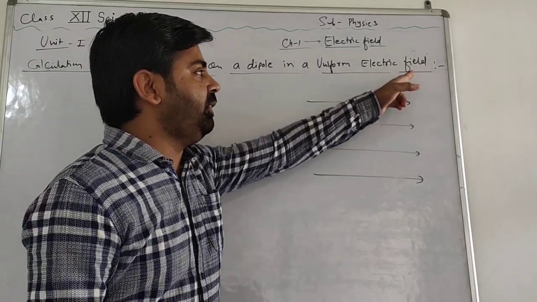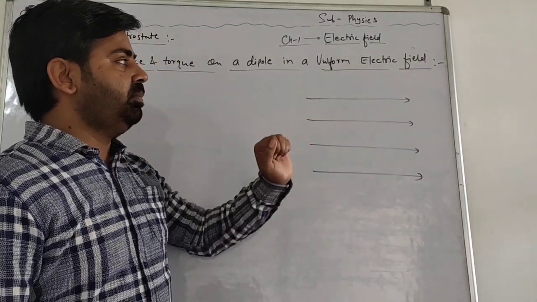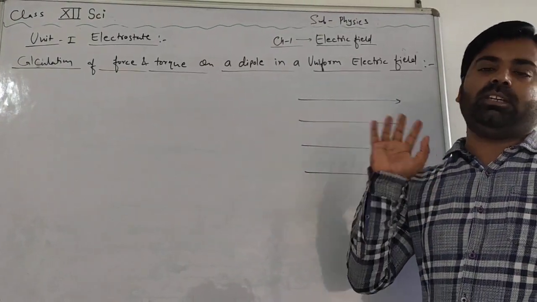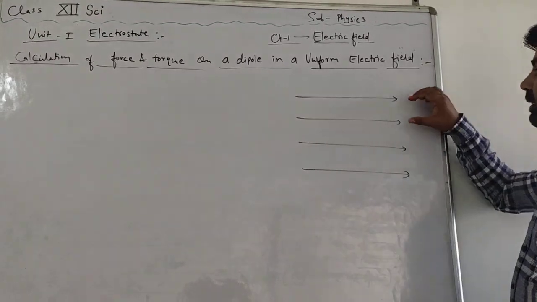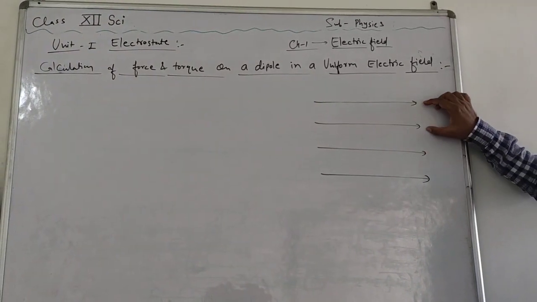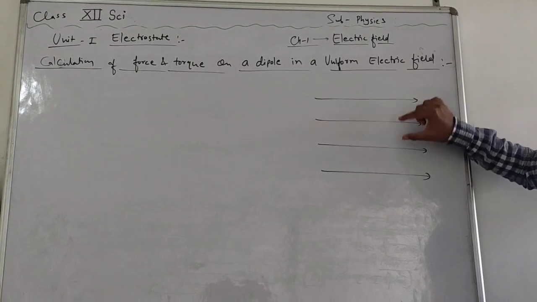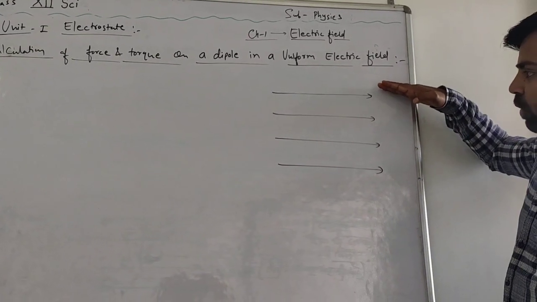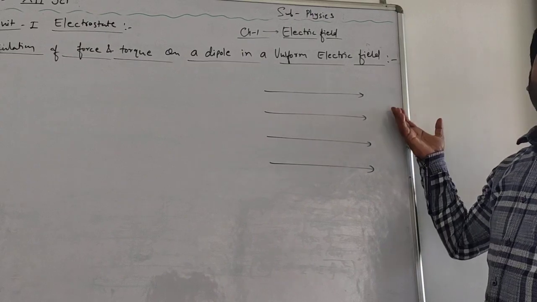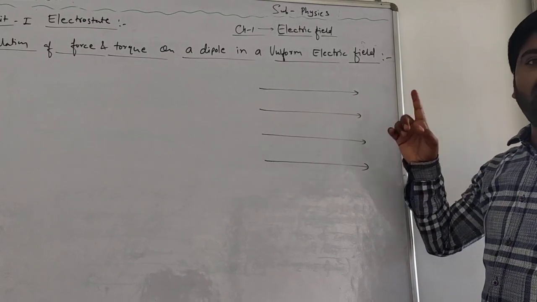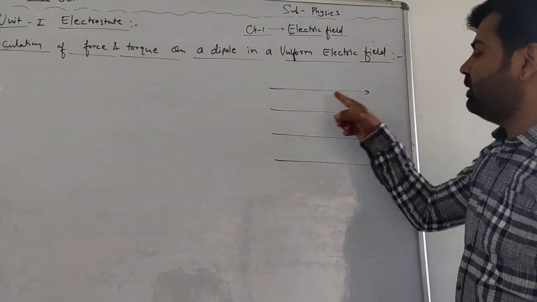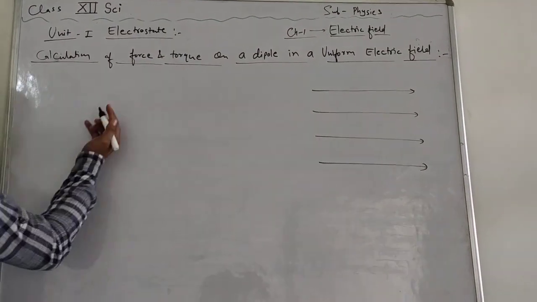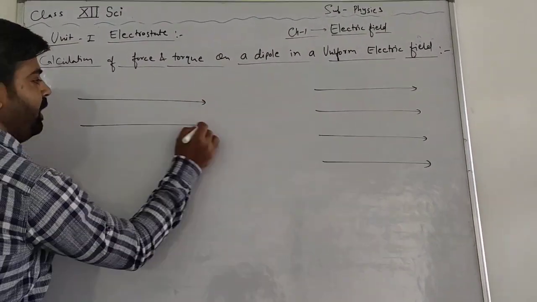As it is a uniform electric field, both its direction and its magnitude must be equal. Here the distances between electric field lines denote its magnitude and the distances are the same, so its magnitude is also the same. As all lines are parallel to each other, its direction is also equal. Both direction and magnitude are equal, so this represents the uniform electric field. So firstly we draw a uniform electric field.